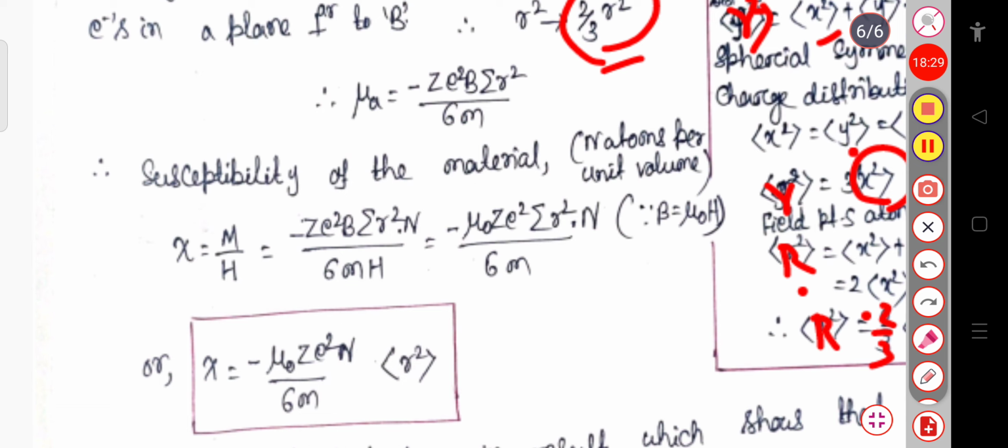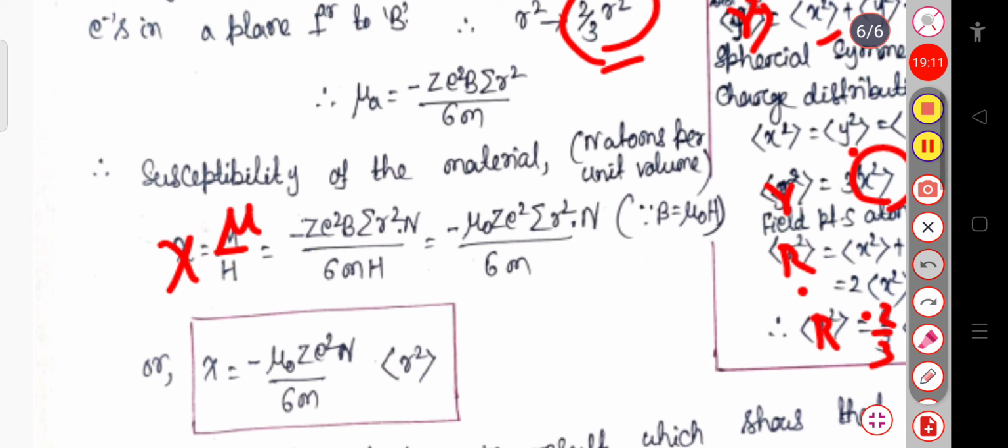Chi will be equal to M divided by H. The value of M is simply mu divided by H, so this will be minus Z square B sum over r square into n divided by 6m, for the n atoms per unit volume. So now this will be equal to minus mu naught Z square into sum over r square into n divided by 6m, where B will be equal to, just a minute,